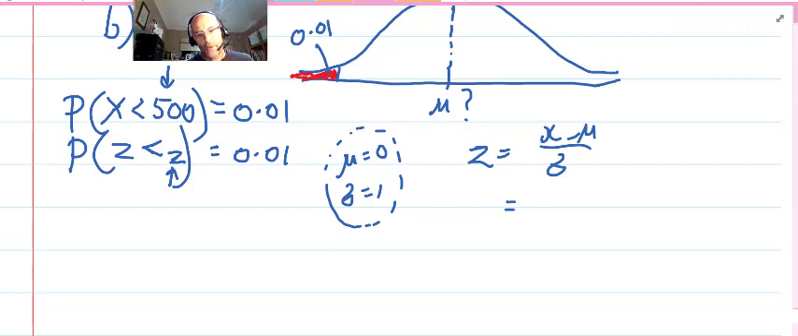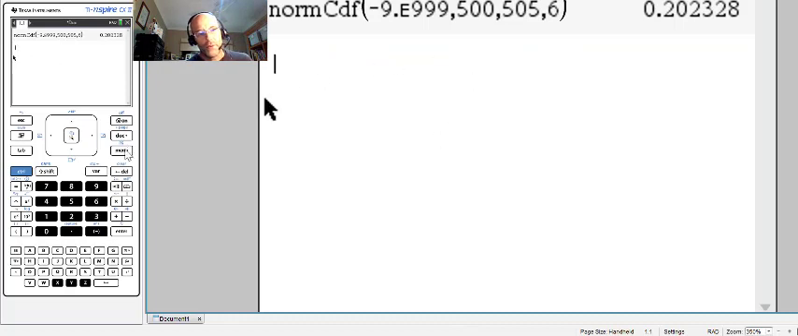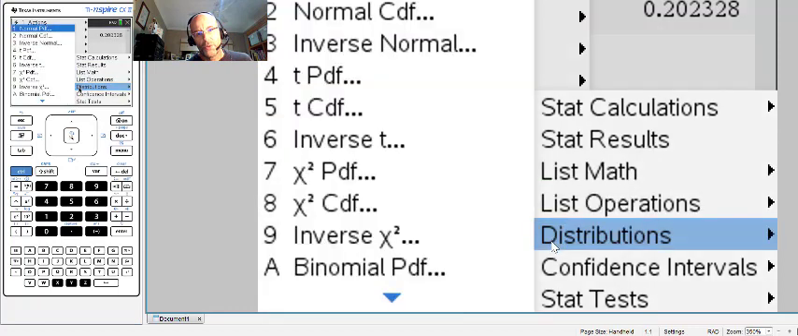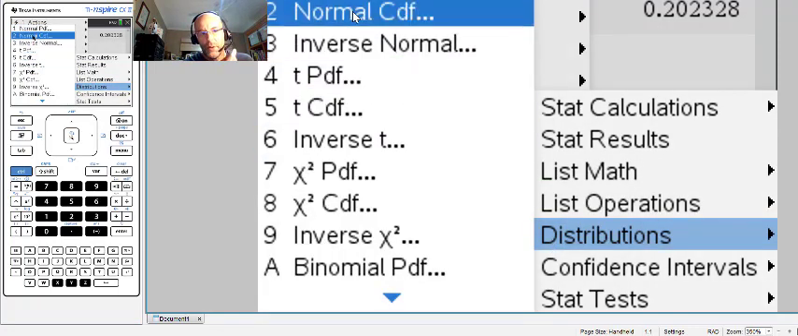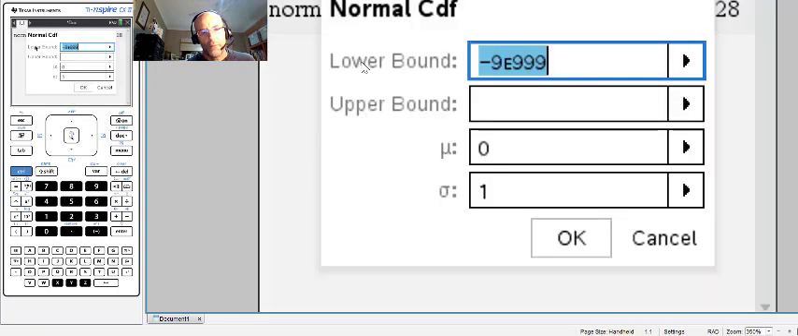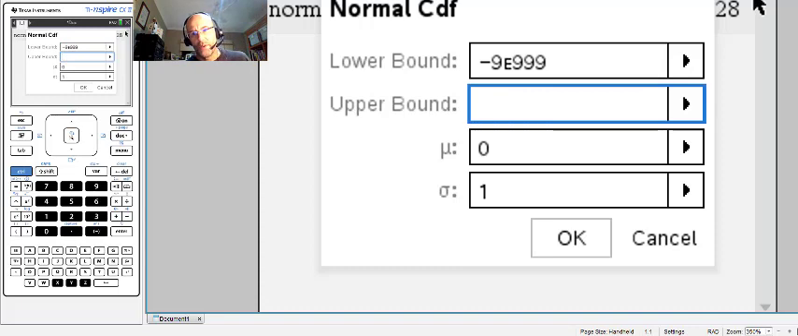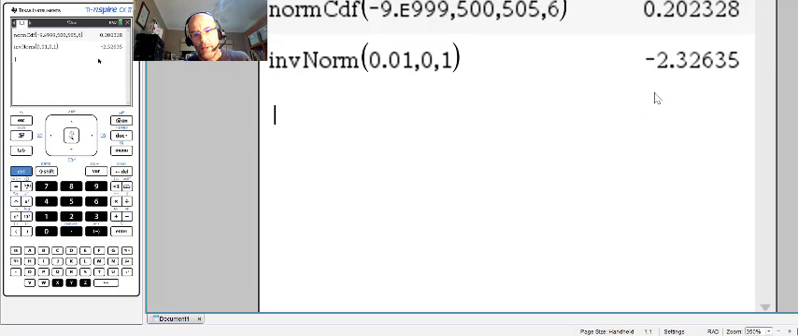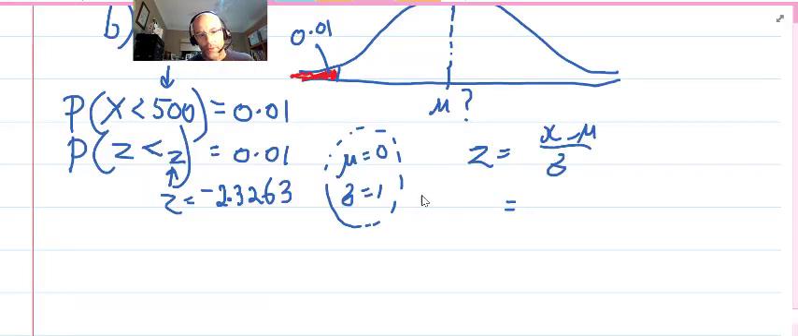We go to our graphics calculator and we go again, and we got statistics, we got distributions, we've got our normal CDF, and we've got from negative infinity right through to the z-score. Sorry, inverse normal. Try again to get the z-score for an area of 0.01, and that is negative 2.326. So that value we can transcribe over here,